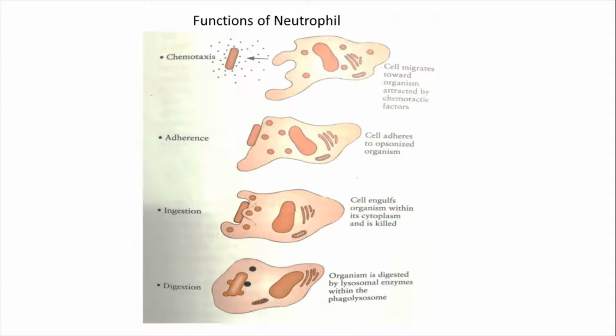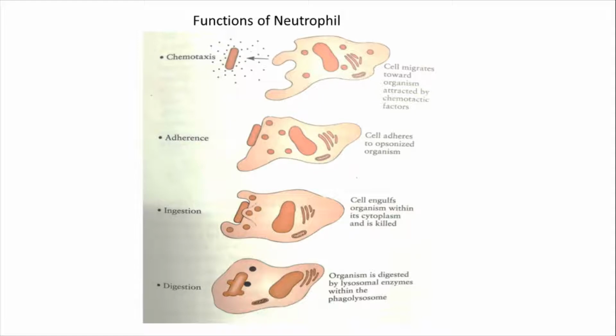This process is called chemotaxis. Following chemotaxis, the neutrophils bind to the antigen. Binding to the antigen is called adherence. Adherence means neutrophils bind to the antigen, by a receptor-based process. We can study it in detail. After binding, the antigen undergoes ingestion. Ingestion means trying to take it up by opsonization or engulfing the organism. Okay, because the antigen is a bacteria.